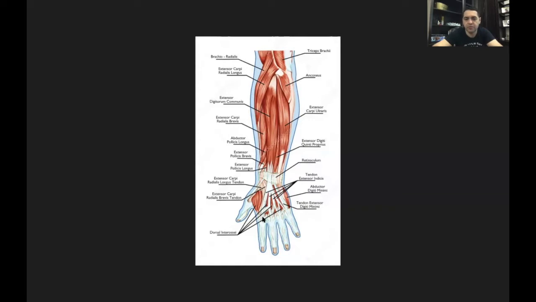So the second digit and the fifth digit, there's a difference between them and the third and the fourth, regarding the fact that the second and the fifth have not only the common extensor digitorum tendon, but they have the proprium, the proper